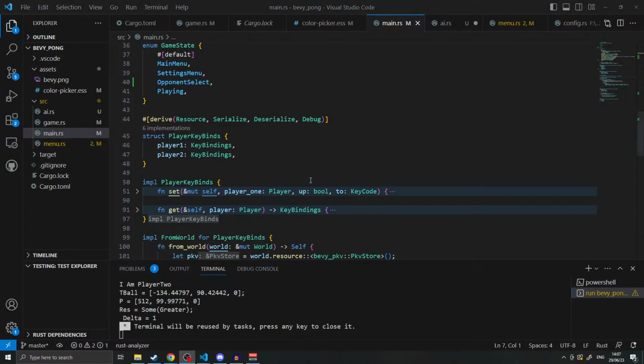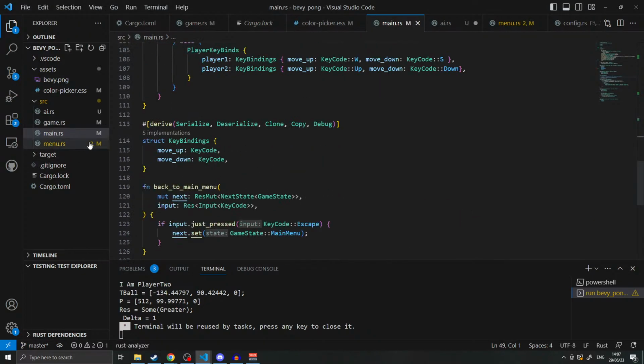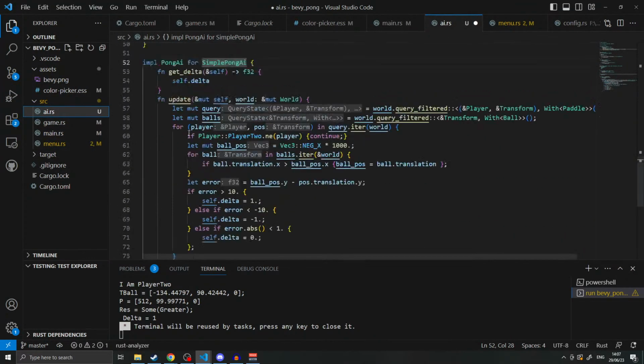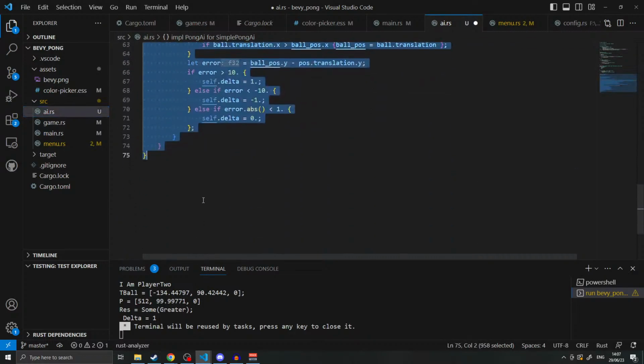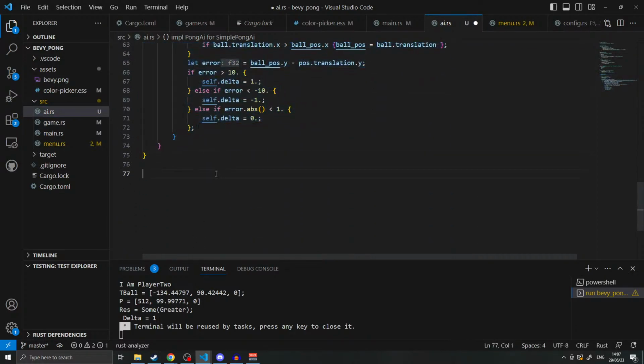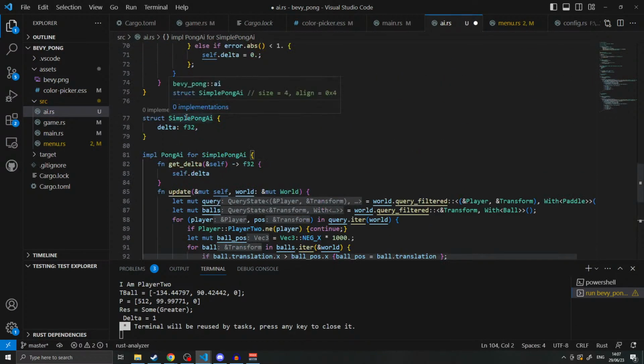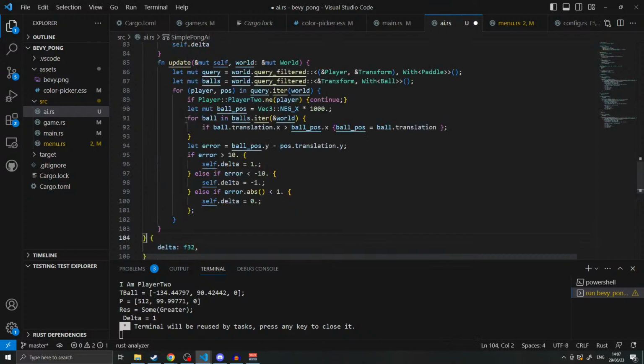Let's bring that back up. All right, so we need to go back to our AI. And we need to go to simple AI, copy, paste, and then we're going to call you, okay, so